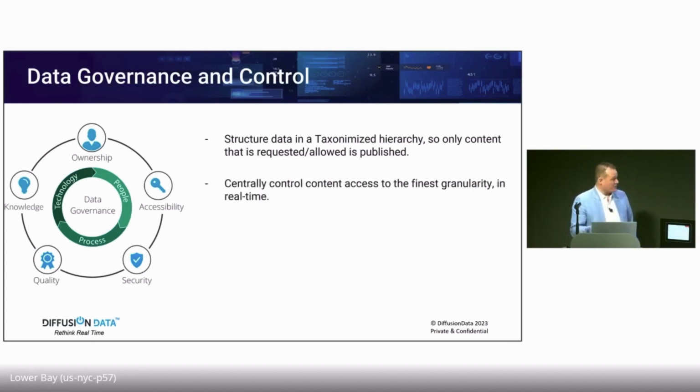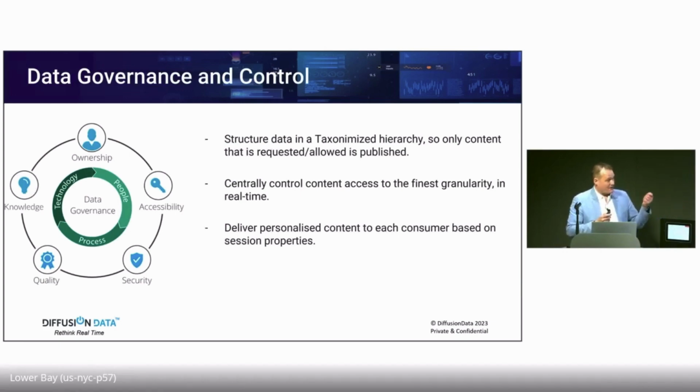We've mentioned how we centrally control the content at the finest granularity, right down to the lowest level topic. We've mentioned we can interrogate properties of a consumer in terms of the session. It might be something like the tier of a customer, tier 1, 2, 3, and we can direct them to different parts of the tree. So we can cater for a global user base and personalize the data, even though they're connecting the same as each other. They can get different, personalized content. Another example might be country code. We can interrogate the country code of the consuming session, and then direct them to the part of the tree for what should be delivered to that session and so forth.